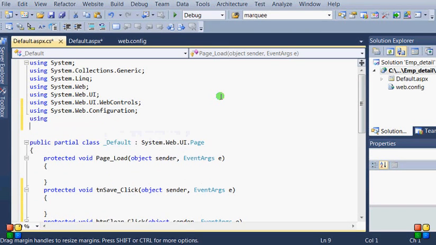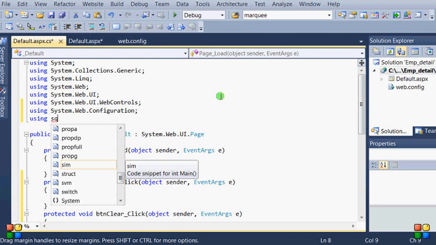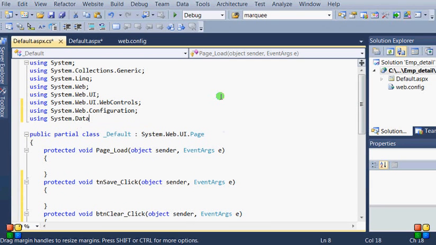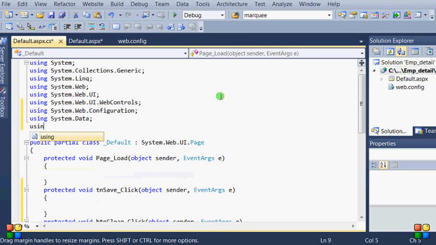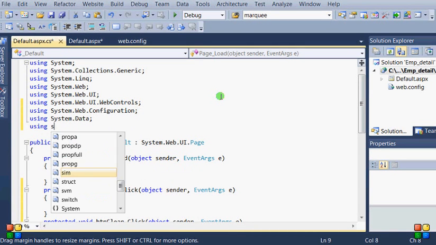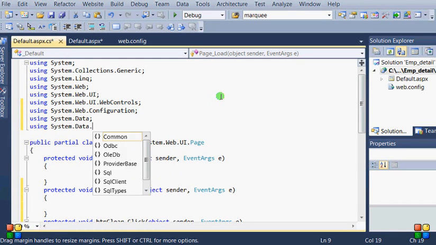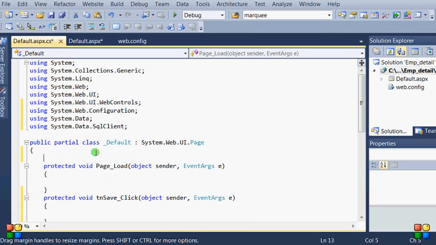Now we have to use System.Data for using the database and using our SQL client, System.Data.SqlClient. These are the three namespaces.